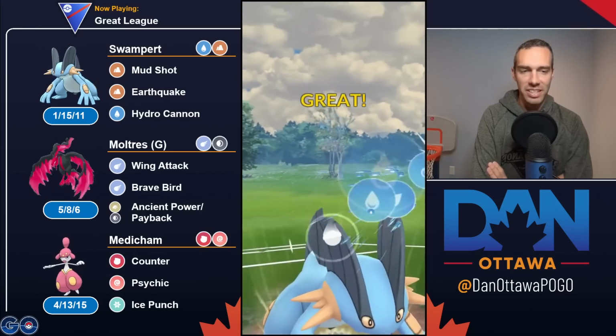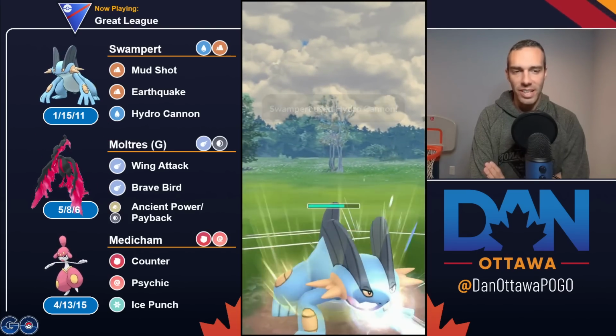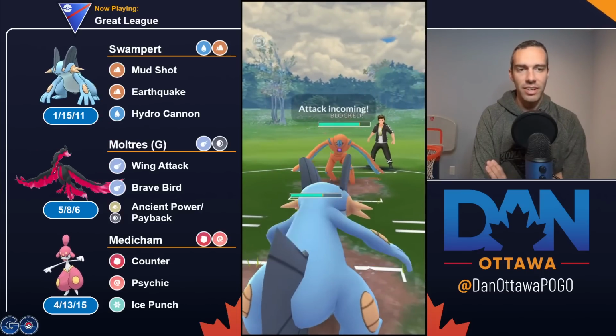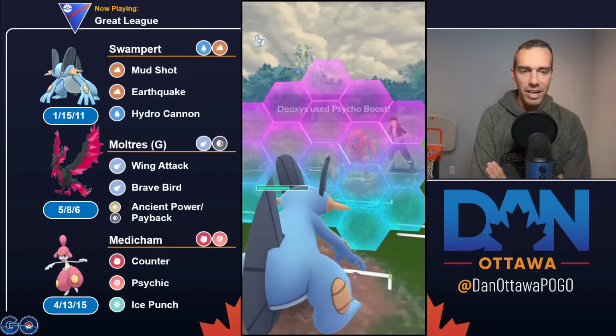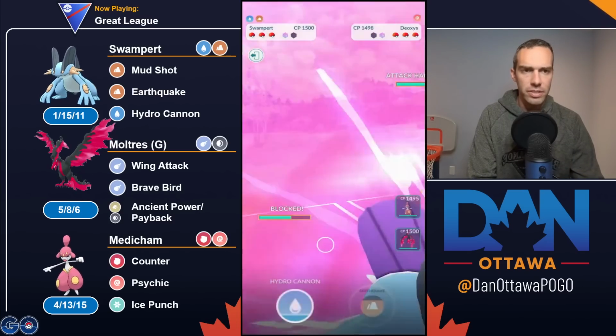Swampert doing Swampert things. Spammy AF, hard hitting, gonna grab shields. And that's kind of what you want to do. Grab shields to let this roam free in the back. In terms of the other birds,